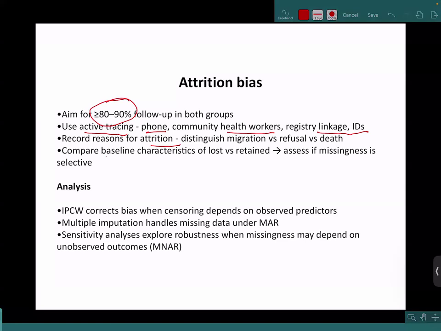Another thing is to compare the baseline of those who have been lost and those who have been retained. And if you feel that this proportion is very small and there is no difference, then you can drop observations and have an analytic data set of complete data and move ahead. I think that is known as missingness completely at random, or there is some other terminology for this where you can safely drop your observations. And then, of course, depending